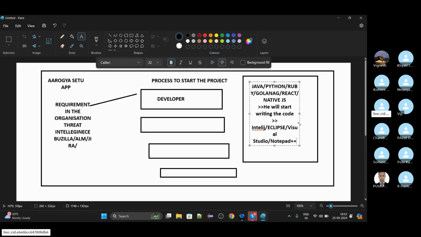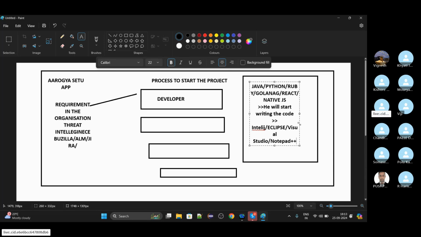Now think of a scenario where there are 10 or 15 members in the team. Are they all able to see the code he has written? The answer is no, right? Because this is my laptop. I cannot take my laptop to every place and say, okay boss, this is the code, see, this is working. I cannot do that. So again, we find something needs to be done.